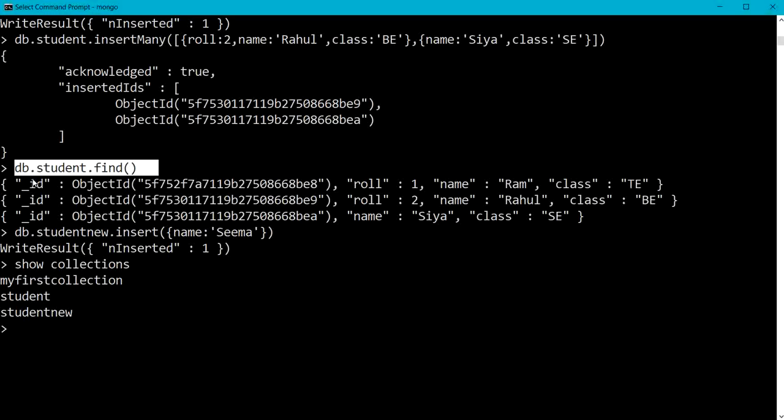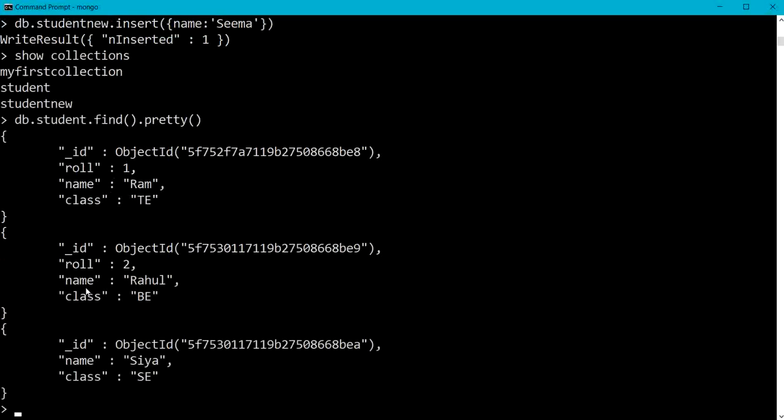If I want to display formatted output, I can use db.student.find and use pretty. With this I have got my output formatted.